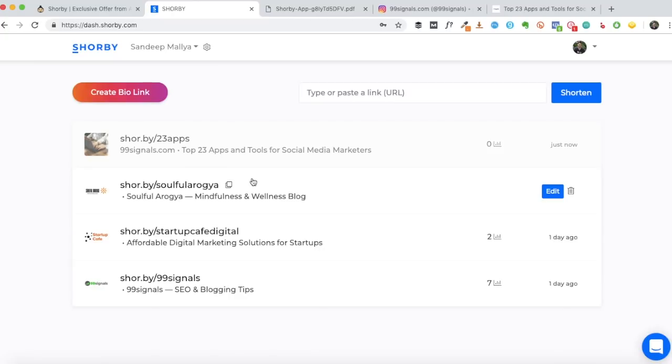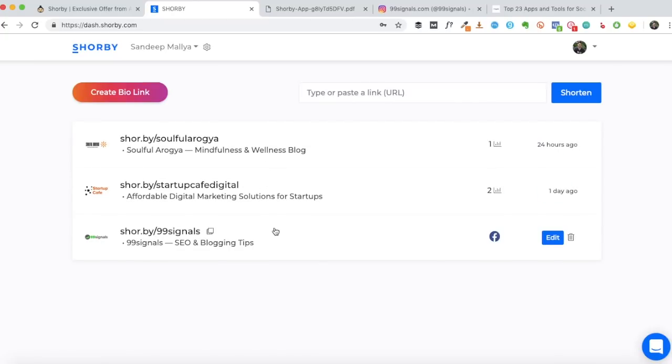I'm pretty happy with the key profiles that I've created on Shorby. For me, this is the key feature of this particular tool. The other difference is, of course, you can track up to 3,000 clicks on the Start plan. So you can see the clicks that I've generated so far for the Shorby profiles that I've created. You can go up to 3,000 for this, but with the other plans you get unlimited clicks. Like I said, if you value analytics a lot, then it would make sense for you to upgrade to any of the other paid plans. But for the AppSumo plan that you're getting, you can just track up to 3,000 clicks.